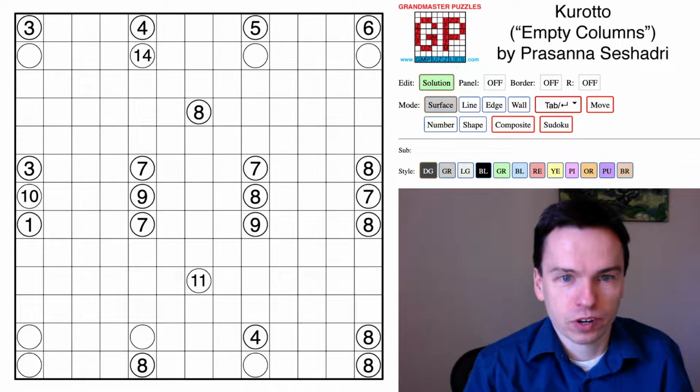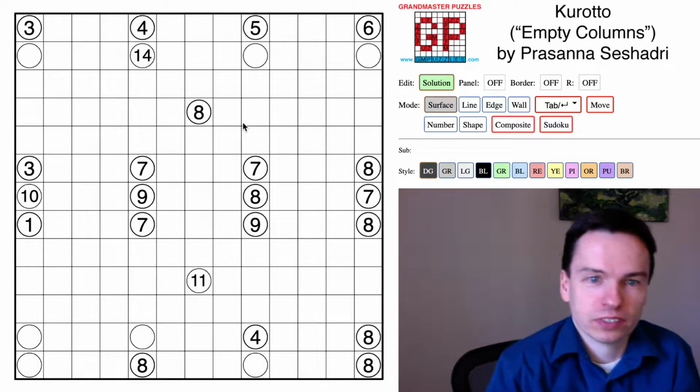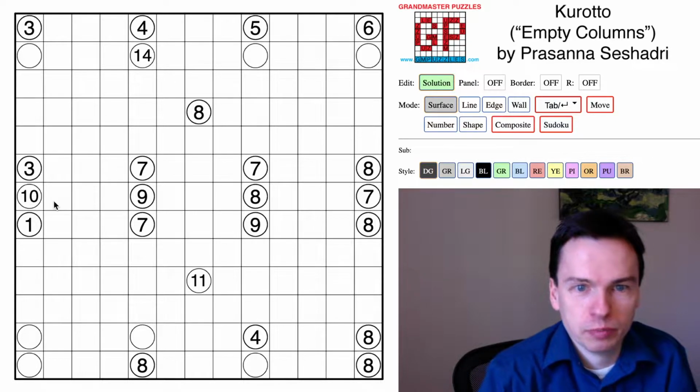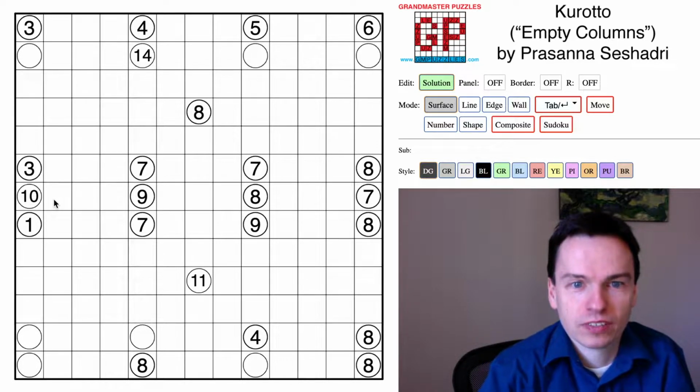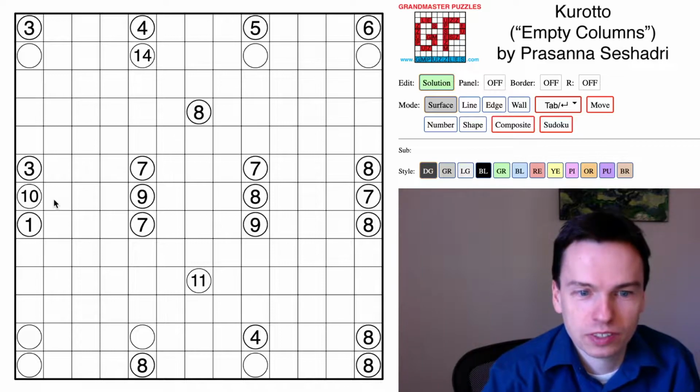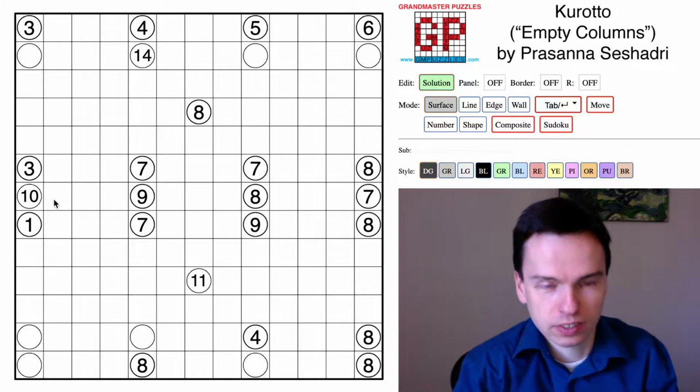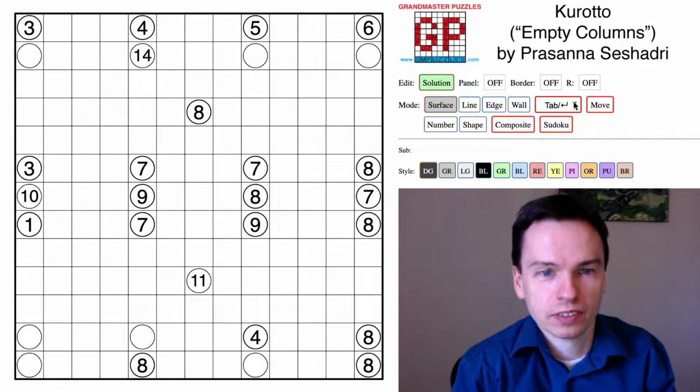So we're here to solve this Kurotto puzzle, Empty Columns, by Prasanna Seshadri. Prasanna wrote a really beautiful Kurotto book for us just at the end of last year. If you haven't checked it out, you really should. It has a lot of elegant themes, just like this solving path that you're going to run into in this